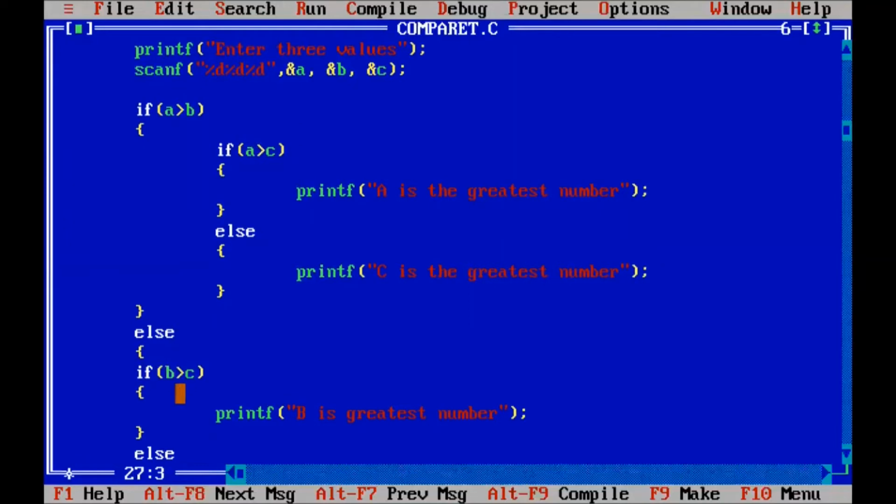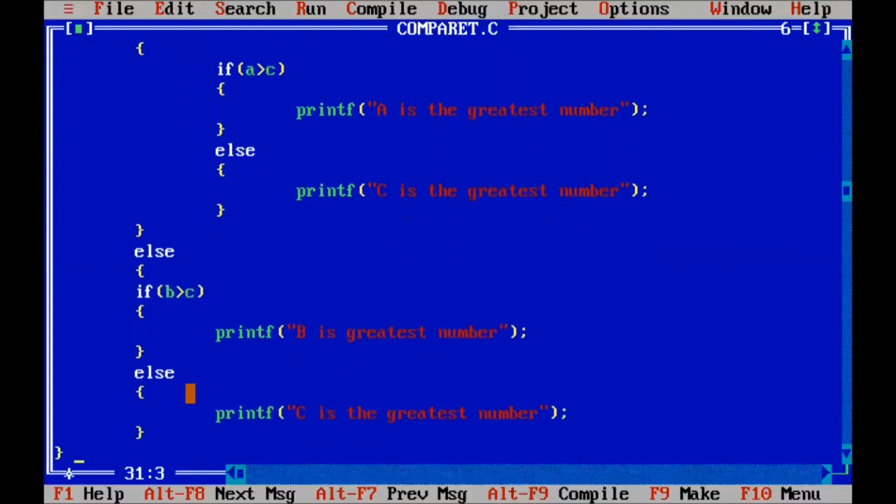If this part is true, then printf "b is the greatest number" will be executed. Suppose this if condition is false, it moves to the else part, and the statement "c is the greatest number" will be printed.